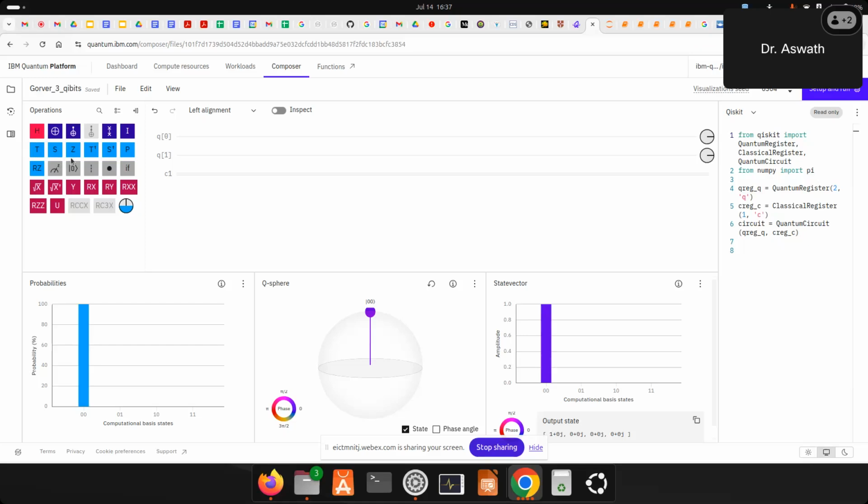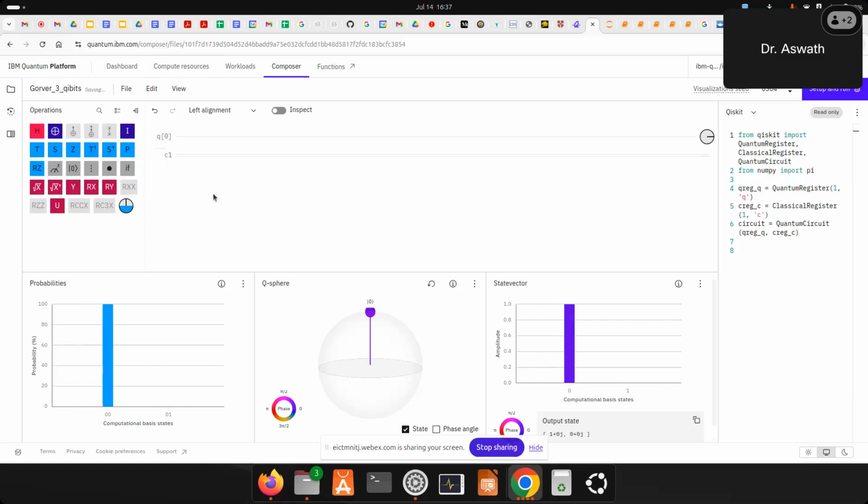Okay. So what I mean by that is, the Z gate induces a phase of pi for the |1> state, and the S gate would induce a phase of pi by 2. Means you are taking the square root of Z. Na? And similarly, T is the square root of S. So the T gate would induce a phase of pi by 4 for the |1> state. Let me show you what I mean by this. Okay, let's do one by one.